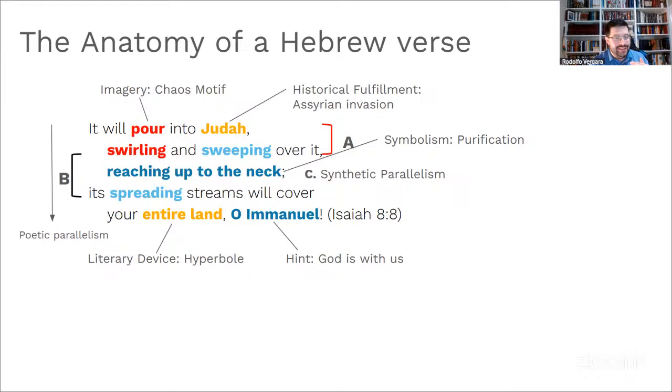Now also, the neck in Jewish culture was a symbolism of parallelism, of purification, for people to be purified when they came to the usual Passover feast. The pilgrims, before going to the temple, needed to go to this pool and enter until the neck. That was considered purification for them.